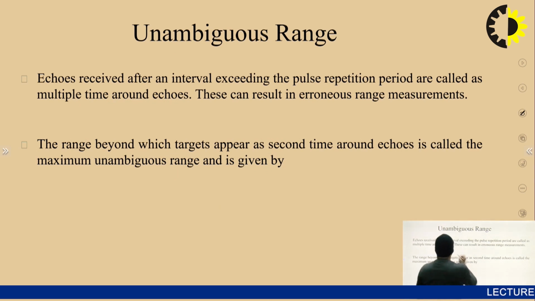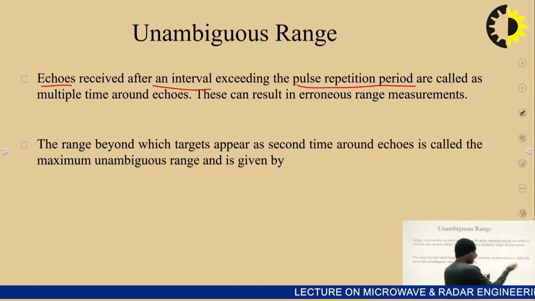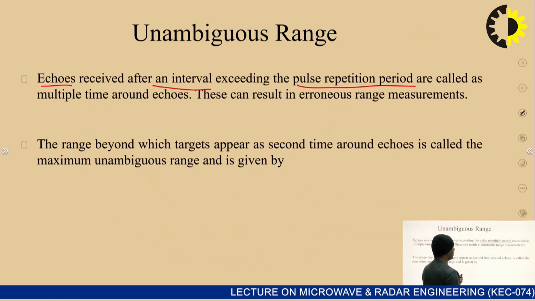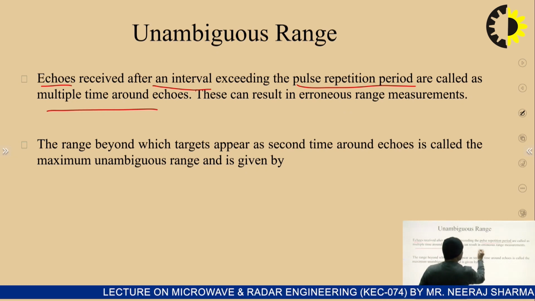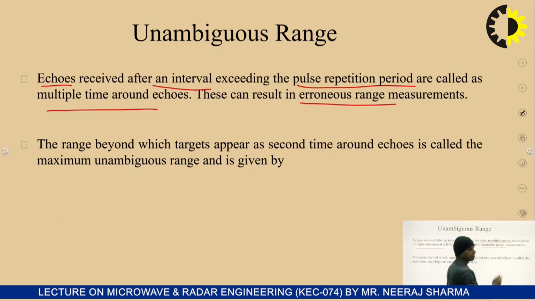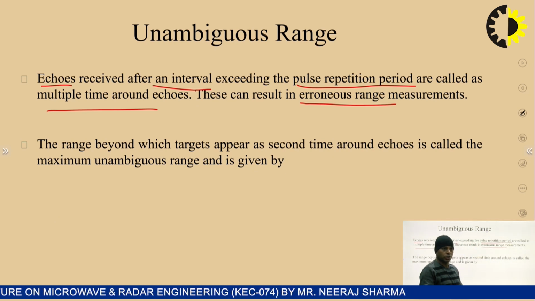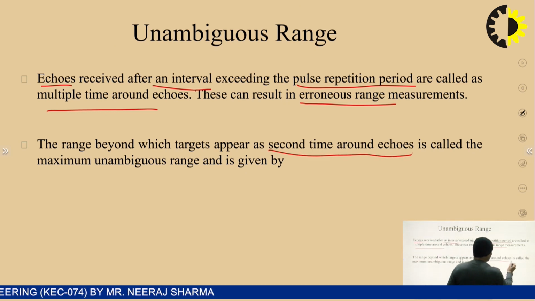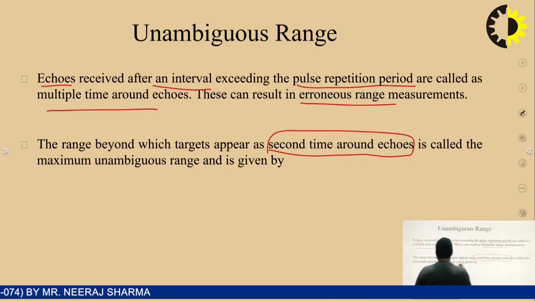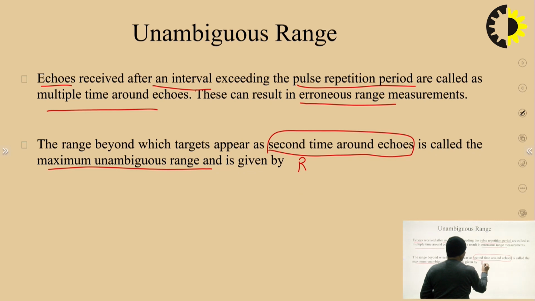So here echoes received after an interval exceeding the pulse repetition period, that means from the second pulse we are transmitting, are called multiple time around echoes, and these can result in erroneous range measurement. So that means there will be some issues with it. The range beyond which a target appears as a second time around echo is called the maximum unambiguous range, and it is denoted by